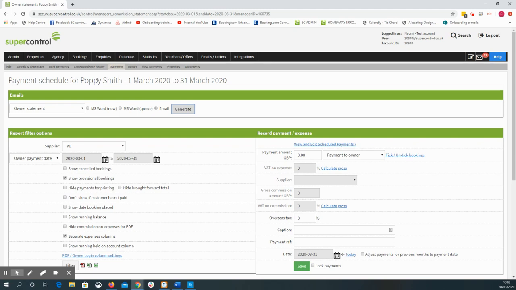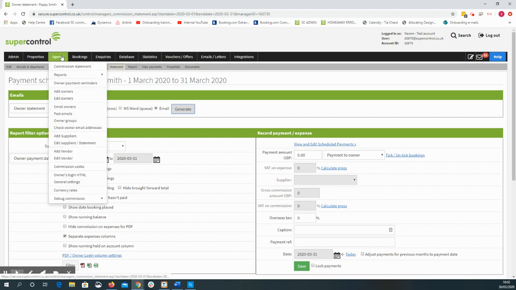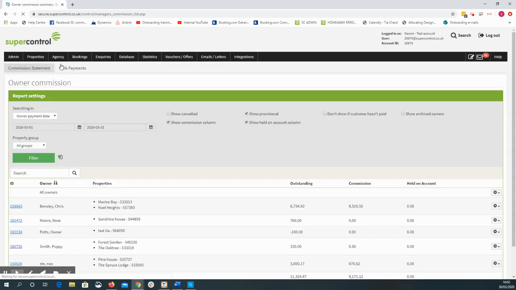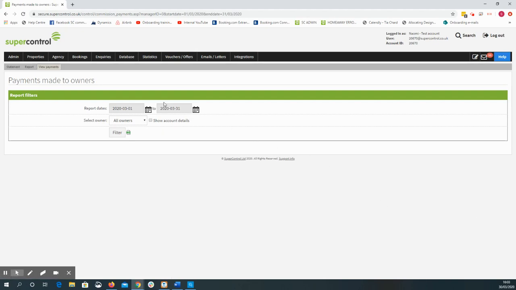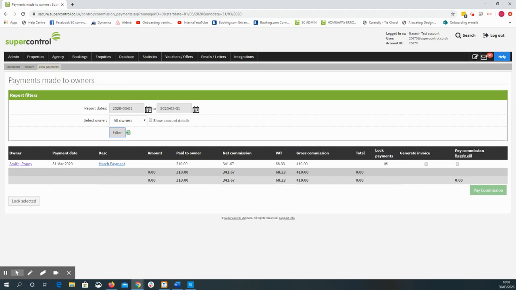Once you have completed all the owner payments, you will then need to go and pay yourself your commission, which is found in agency and commission statement. And using the first line with all owners, on the right hand side, using the toggle, if you go to view payments and choose the date range that you need to run,